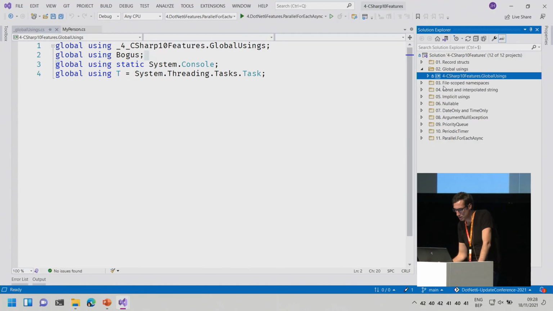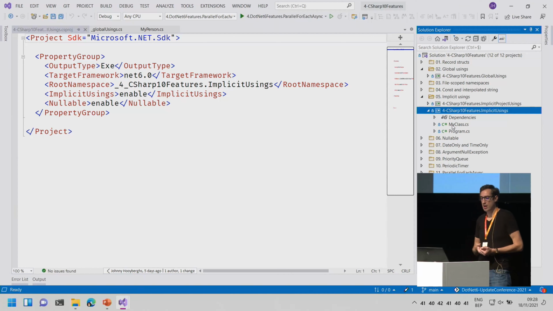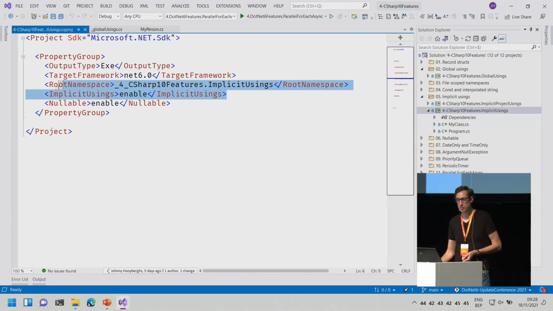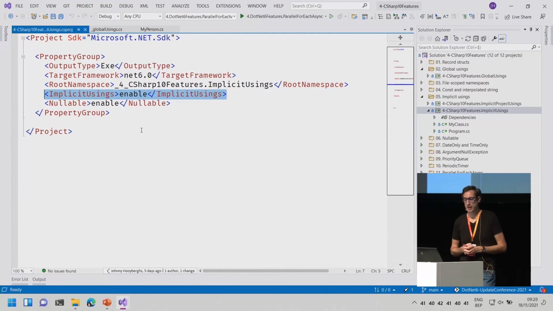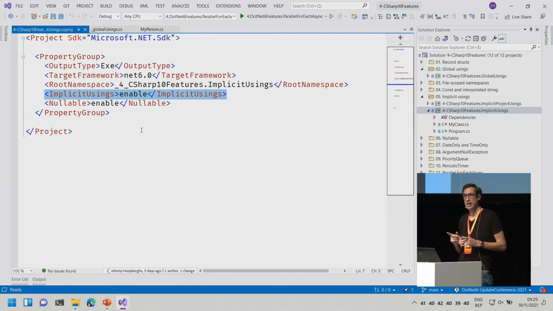Another thing that is a little bit similar is implicit usings. So in .NET 6 and in the new templates, implicit usings are enabled by default. So this property will be enabled by default, which means that stuff like system and system.io, system.threading.tasks, all of those things that you use very often are added implicitly, which means you don't need to add them. You don't need to add them as a global using. They will be added by the compiler automatically. So your using blocks will be much smaller because all of those default base class library namespaces that you're always using will be there implicitly.